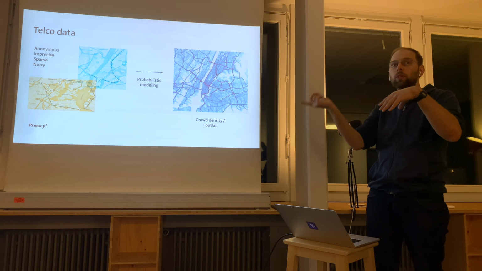But that's not enough. We also do aggregation, as I said. K-anonymity filtering means that in the numbers we show to customers, we have to show at least K people. Depending on the country, there are different legislations, so that it's more difficult to re-identify individual people. And we also add some probabilistic noise. If we know there are two locations, we don't really know how people travel between them. We include in the result multiple options with different probabilities, and that adds noise, which also makes it more difficult to re-identify people.